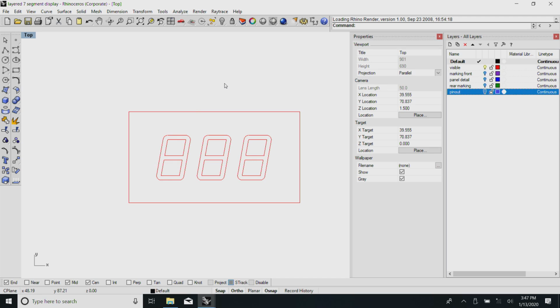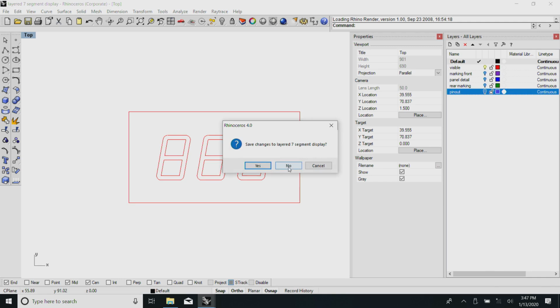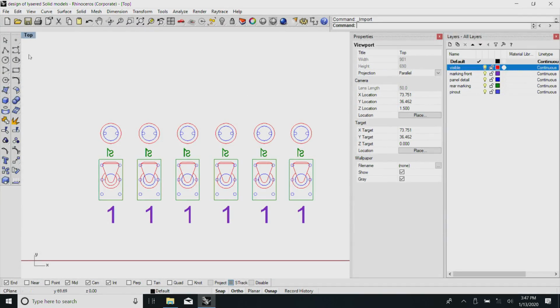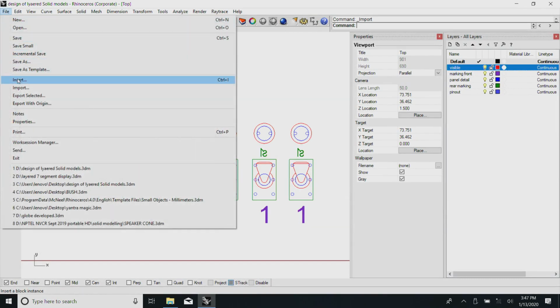Now, it is very easy for me. I have created this, I will not save it now. Okay. I will go and insert it into the thing here, saying I can import it directly from there.